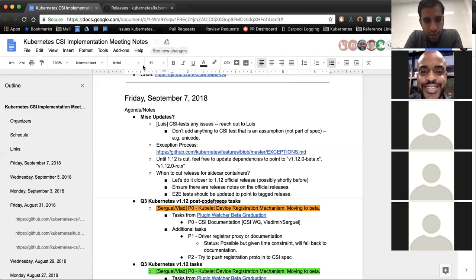If you can work with Jing to put together a blog post, that would be excellent. I think it's very good to try to publicize this snapshots API, that it's now officially alpha, and here's how you use it, and all that kind of stuff. Take a look at the CSI blog posts that we've had. There's been a couple of them, one for alpha and one for beta. You can follow a similar model. Basically start with what the feature is, why it's important, why it's going into Kubernetes, how you are going to use it, and anything that's important for an end user to know.